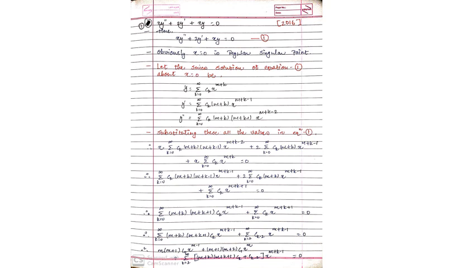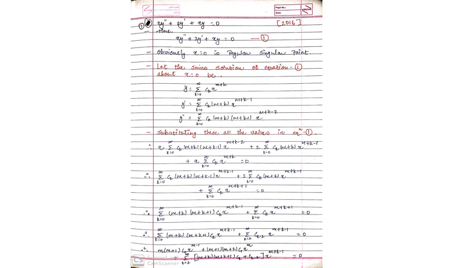Okay. Now see the question here. There are three components given, y, y dash and y double dash. So from the singular or ordinary point, you first have to write its series solution. For the singular point, the series solution will be y equals summation k equals 0 to infinity, ck x to the power m plus k. Now see the question. Here three components are given, y, y dash, y double dash. So first do the derivatives, y dash and y double dash.